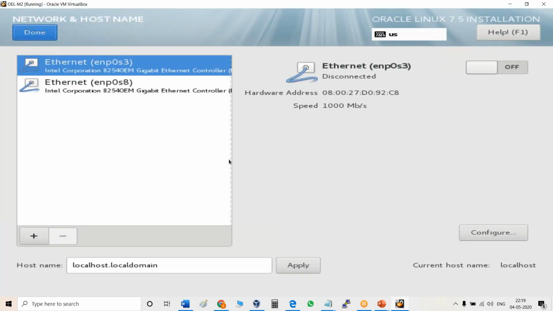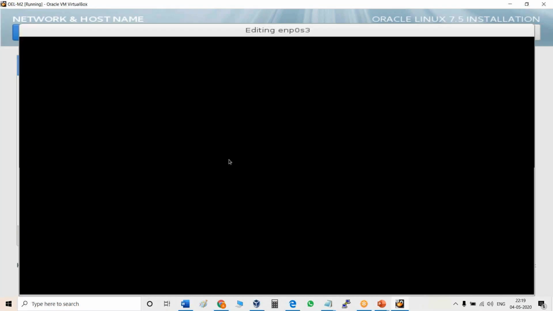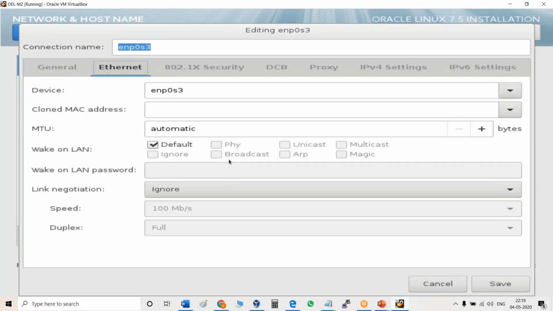And in network, we have two adapters. So first come to here and turn the adapter or Ethernet on. Then come to configuration, and in configuration come to general.